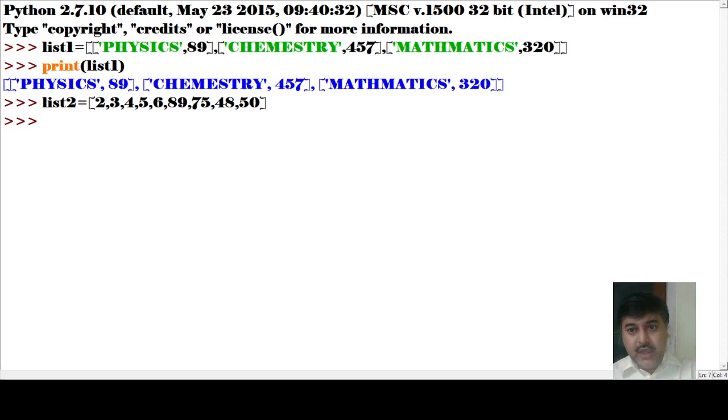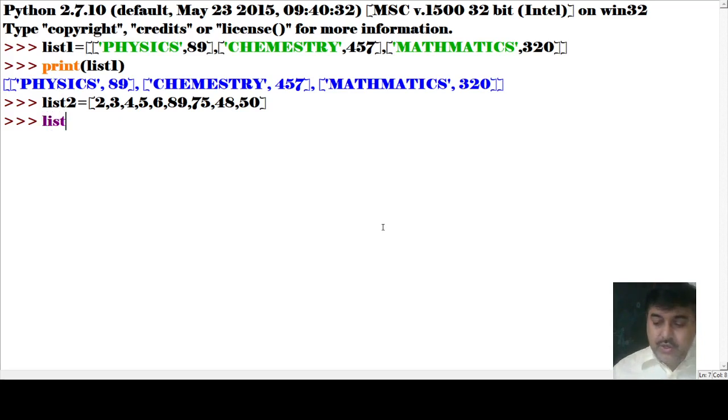So when I want to access the value, I have to know the different positions of the list. Those are the positions of the list that I need to know. Suppose, see here, it starts from the 0th position. The first position is the 0th position. Suppose I write here